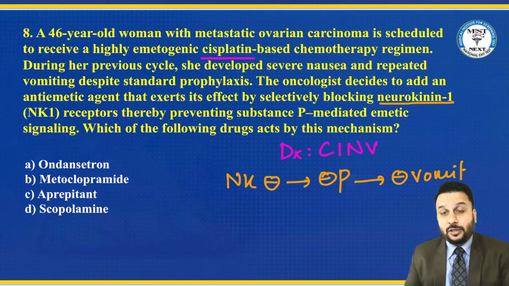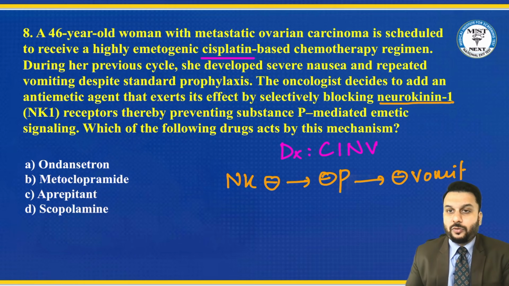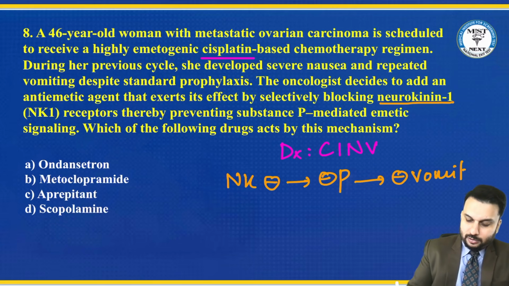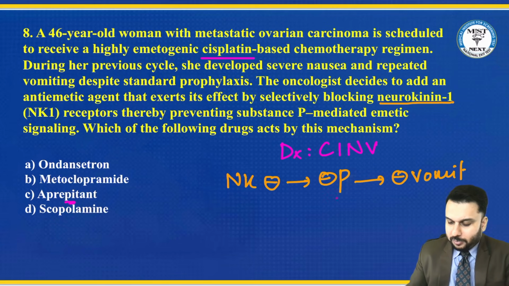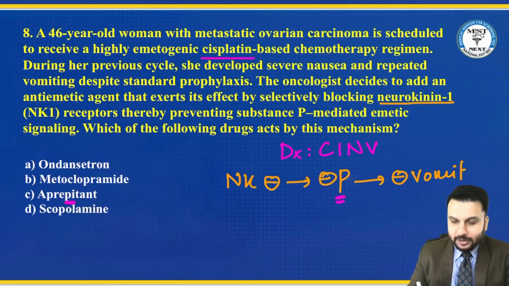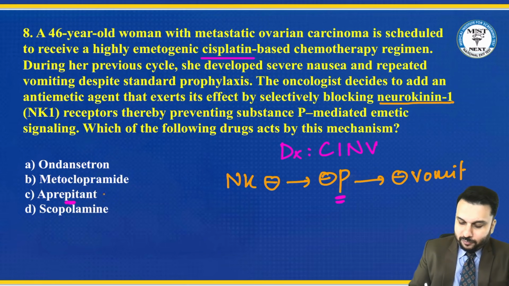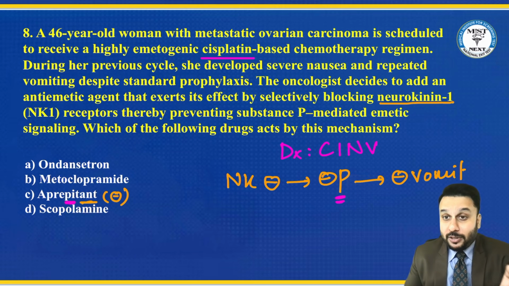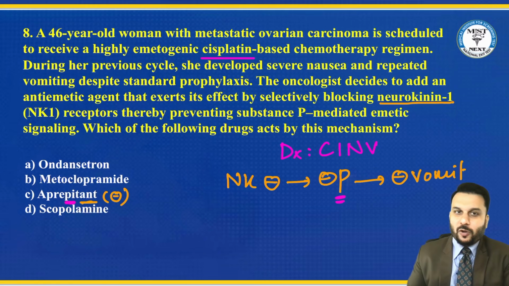Okay, so these are the drugs called neurokinin antagonists. They are the drugs called petants. You can remember they work on substance P. P for P. You read it like that. ANT for antagonist. Antagonist means blockers. P blockers, substance P. Substance P causes vomiting, so they are blocking that substance P indirectly via the pathway called neurokinin pathway.